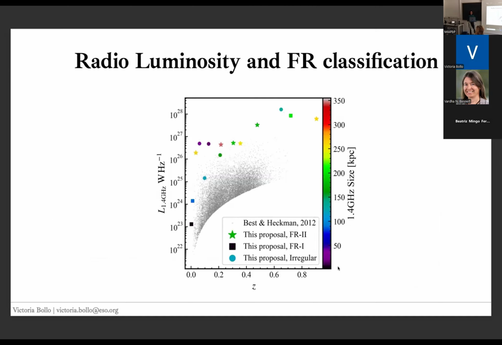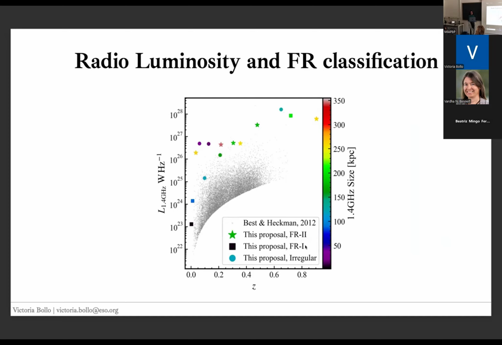Now in this plot, I'm showing something very similar. Here in the y-axis, we have the 1.4 gigahertz luminosity, and the x-axis is the redshift. So you can see that our sample follows a trend very similar to what has been found in other surveys. Also, this was a figure that we put together with some collaborators for a proposal. So basically, this is our sample. And